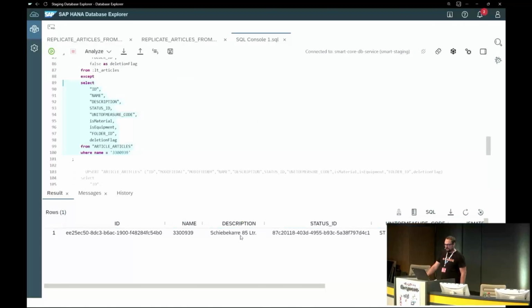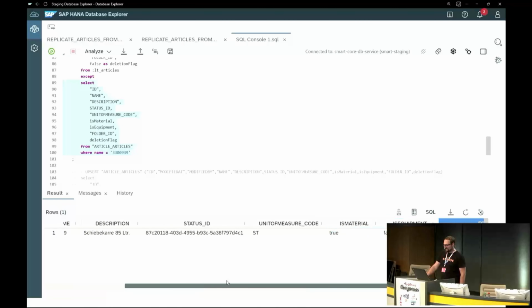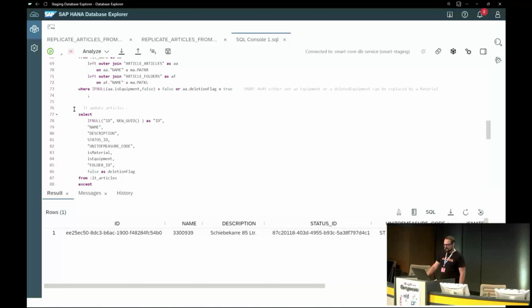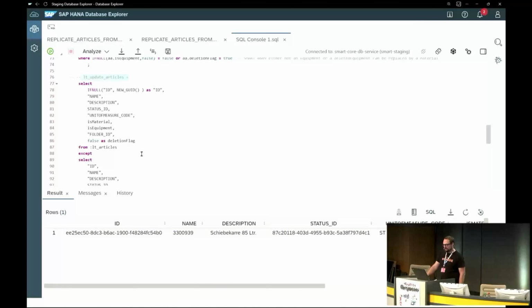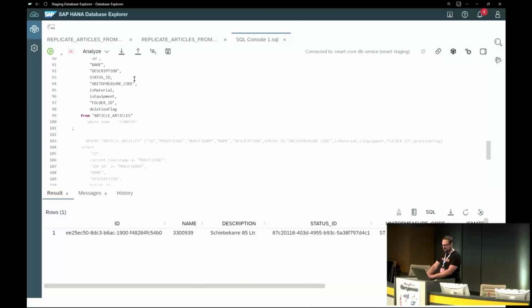This would be the article we have today in our system, pointing to the folder 37 something GUID. And if we move that again and select the full delta, we see that the delta detection runs because the currently coming thing would come with the 999. So it checks already on all fields, also very simple and cheap. And the result of that, we can upsert